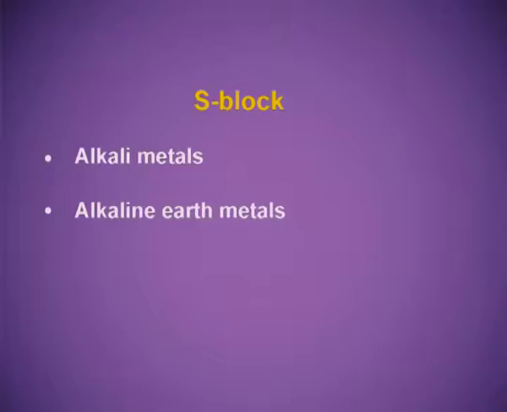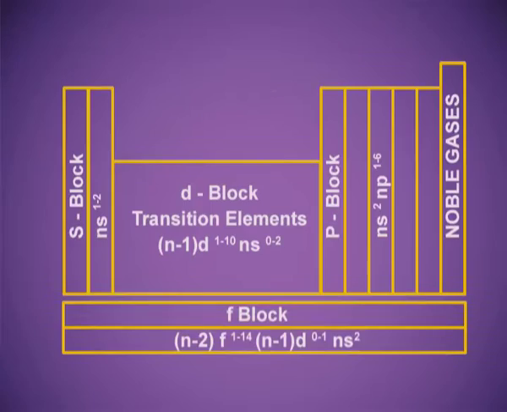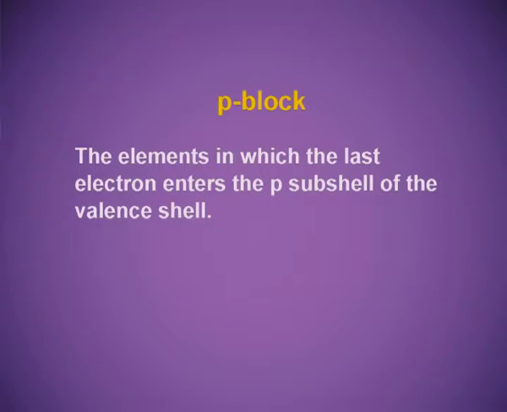Dear students, as we know, the S orbital can accommodate 2 electrons, so in the S block there are 2 groups and they are known as alkali metals and alkaline earth metals. Their valence shell electronic configuration is ns1 to 2. P block: the elements in which the last electron enters the P subshell of their valence shell,